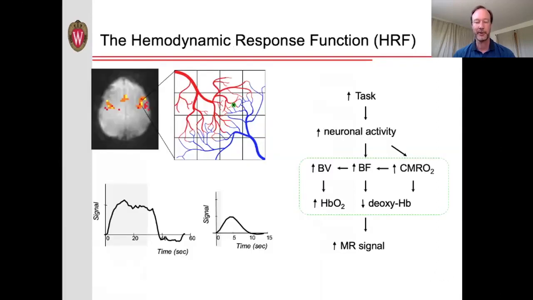And one other important thing to keep in mind is that when we have an activation shown schematically here at the top that occurs in the capillaries, the changes in the blood oxygenation propagate further down that vasculature, down into the venules and the veins. And these might actually be some distance away from the actual